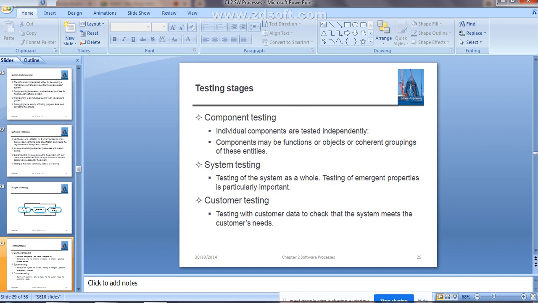To check that, you have the test called customer testing or acceptance testing. This is what is called customer testing.